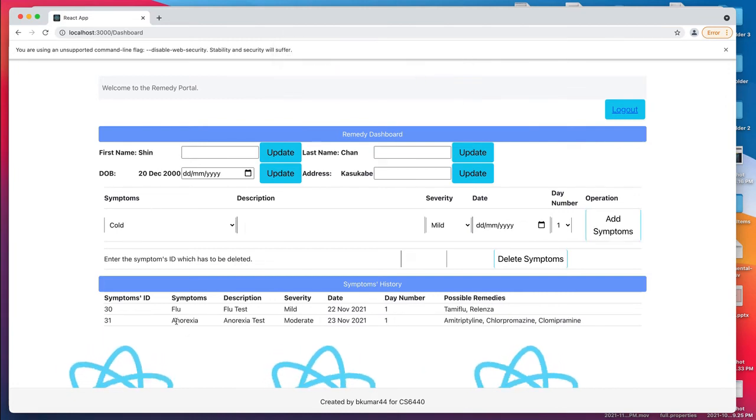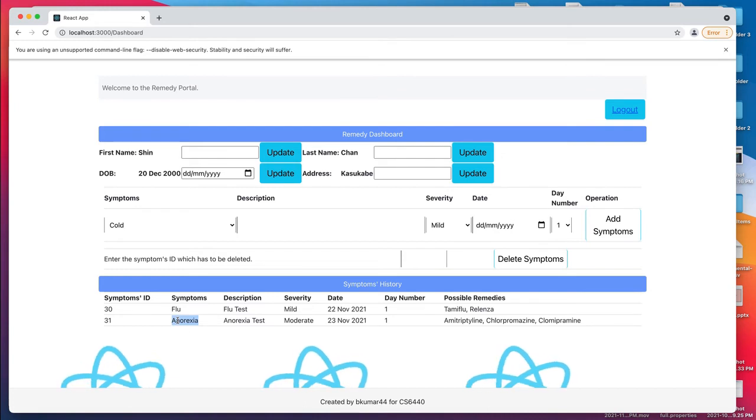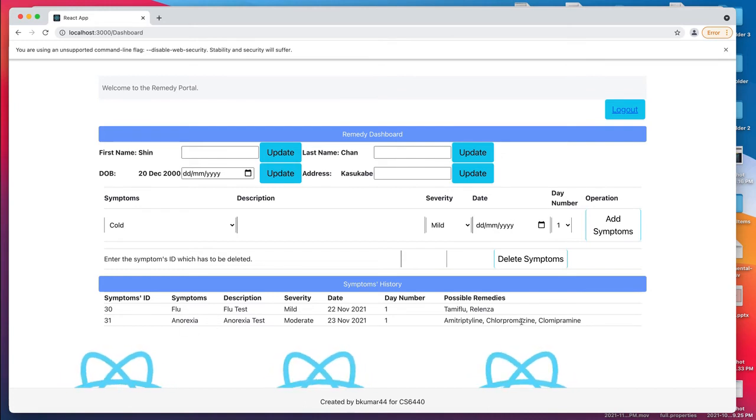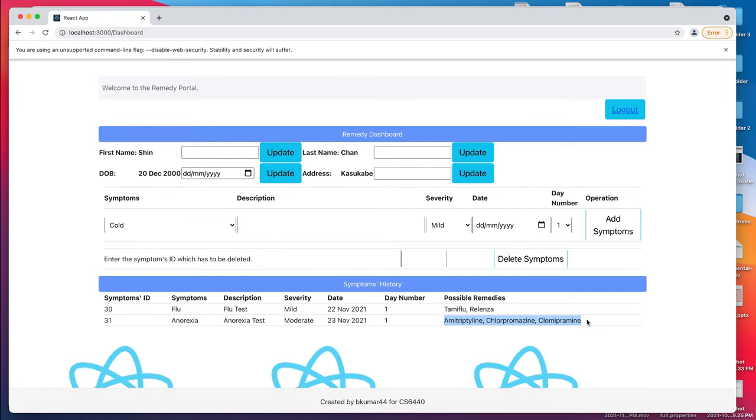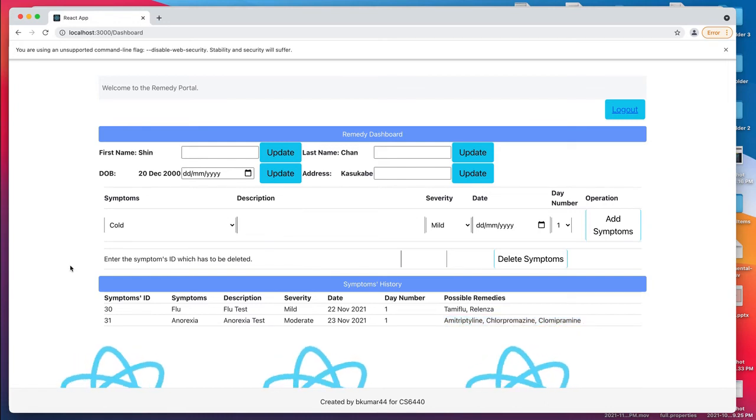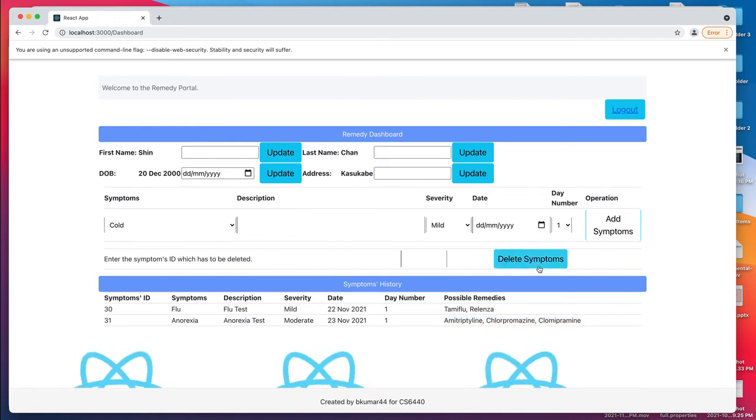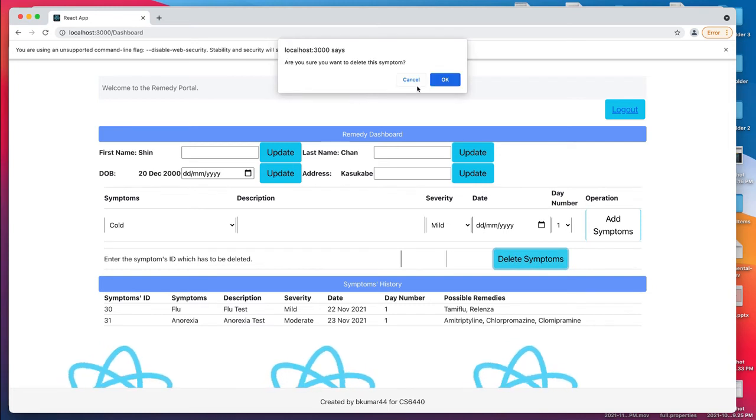As you can see, that new symptom has also been added over here. And again, these are the remedies for anorexia. Now let me show you how to delete a symptom.